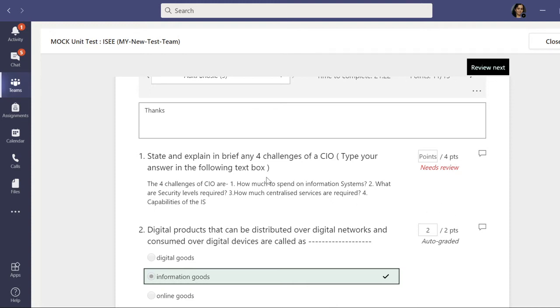Means that you will have to go through or review this answer, and then you are expected to give the points to that particular student. Suppose I give her 3 marks or 3 points out of 4 after reading her answer.